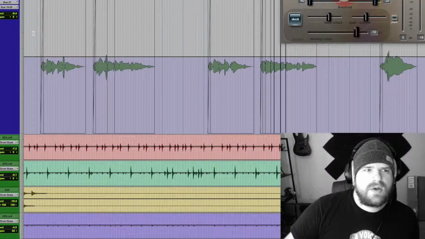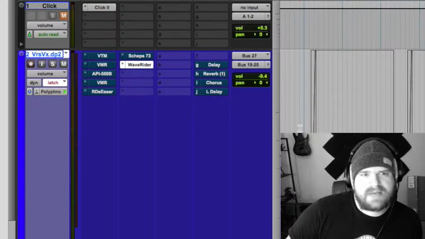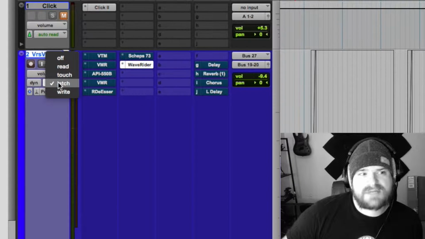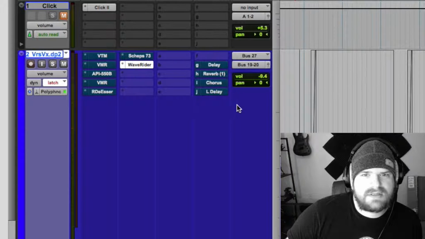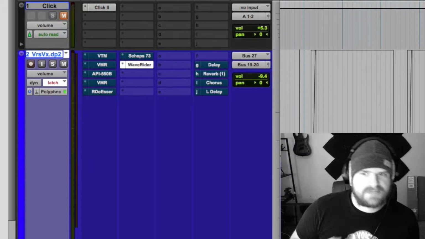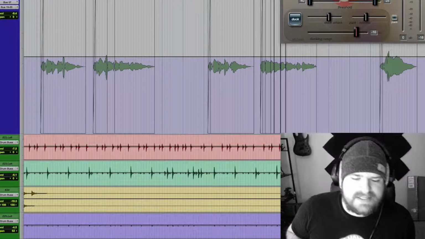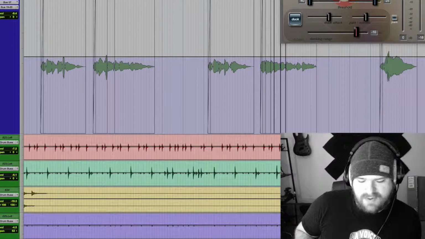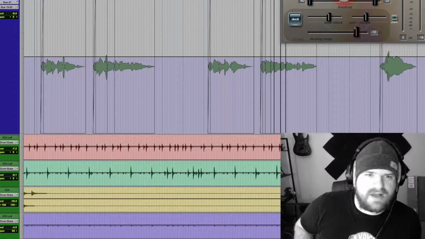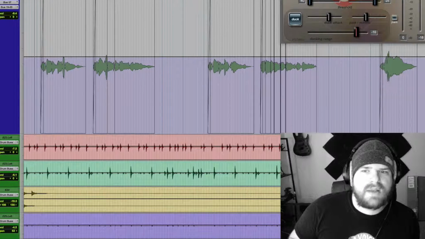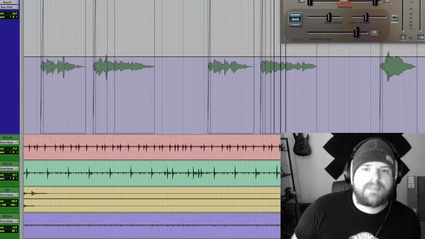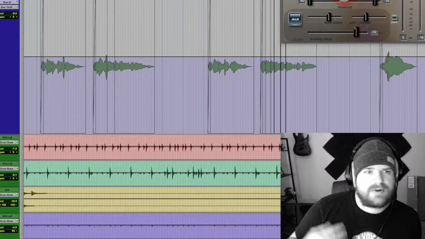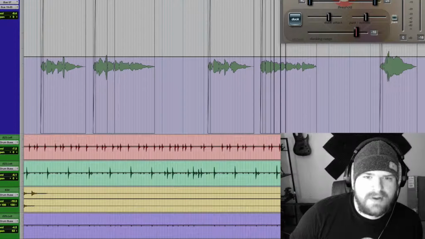So what you would do, let's say in Pro Tools, for example, is you'd go into latch mode, or into touch mode. Actually, you can do that too. There's a bunch of different modes for automation. I have it on latch for this plugin, which I'll explain in a second. But the idea is to sit there and ride the vocals. So when the vocals are too loud, you turn down the volume. If they're too quiet, you turn them up. And it allows you to have a more consistent level in your vocals before you actually start applying your compression and all your other